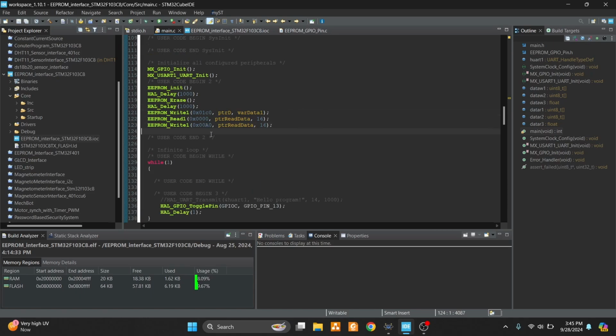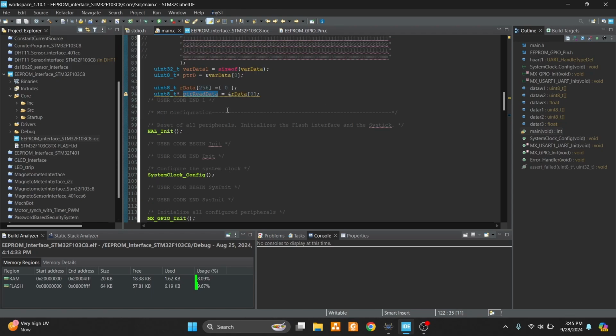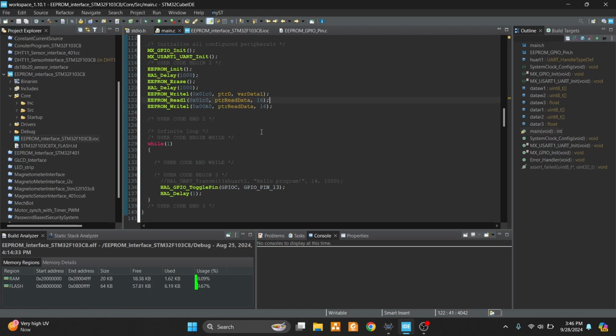Let's go into the pointer. We have declared the character pointer, which is the same as a uint8 pointer, of 256 bytes, and we have given the pointer to it. Now we want to read the data from 1C0 and write it starting from address A0. So basically we are reading the data from 1C0 and writing it starting from the address A0. We will modify this code and save it. Once this copy is done,